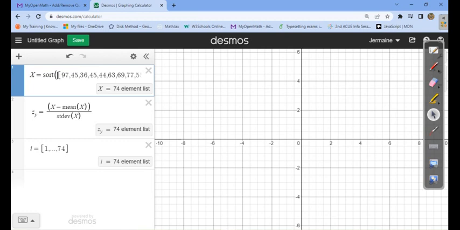Even though it doesn't look like it's sorted here, this list is now sorted from smallest to highest. If you don't sort the list, the QQ plot will not come out correctly. So now that I have the sorted list and their z-scores, I'm also going to come down here now and